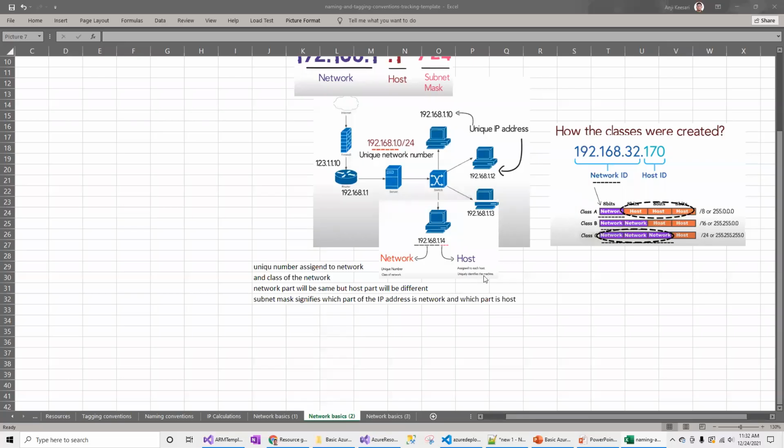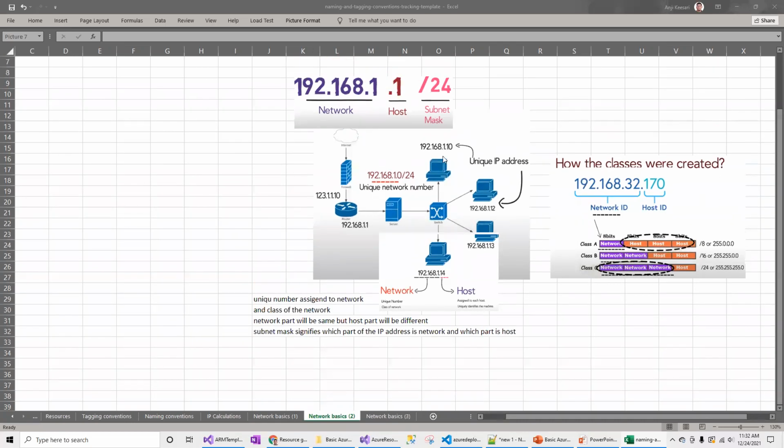Now let's see how the classes are created based on the subnet mask. As I mentioned, /24, this part is the subnet mask, which decides which part of the IP is the network ID and which part of the IP is the host IP address. So for example, if you look here, I have /8.